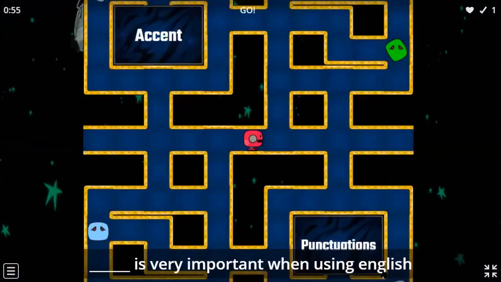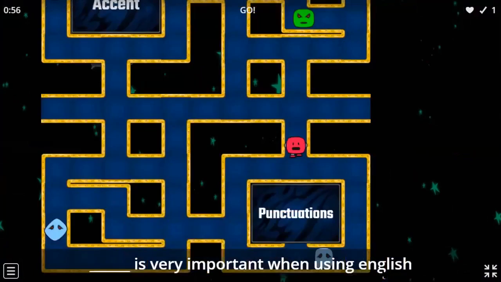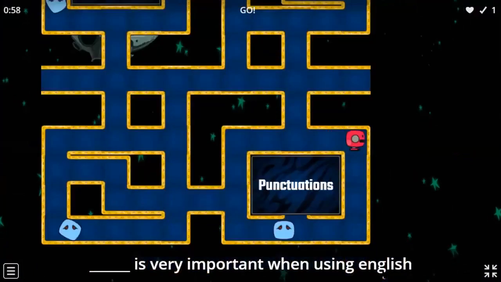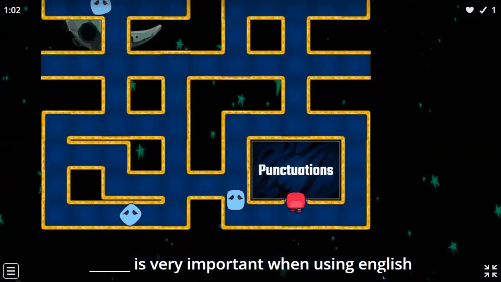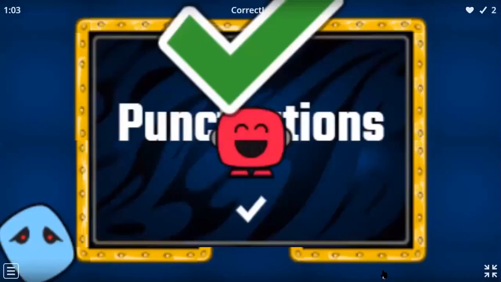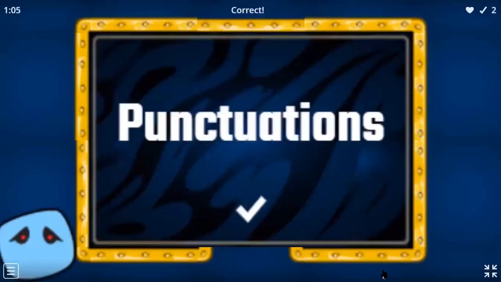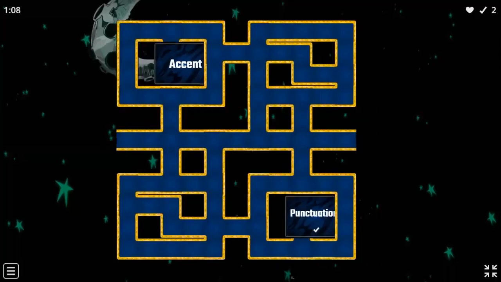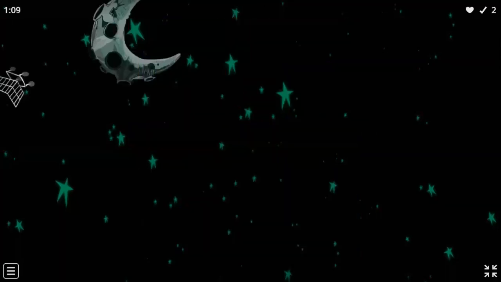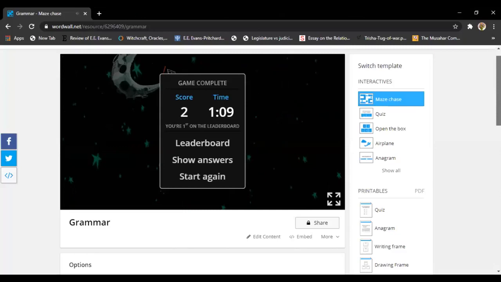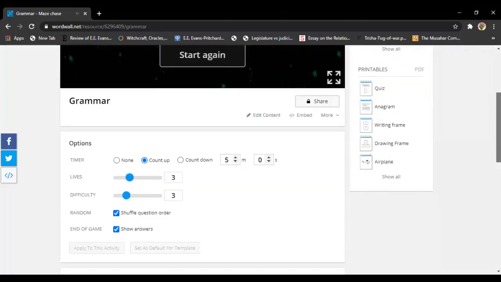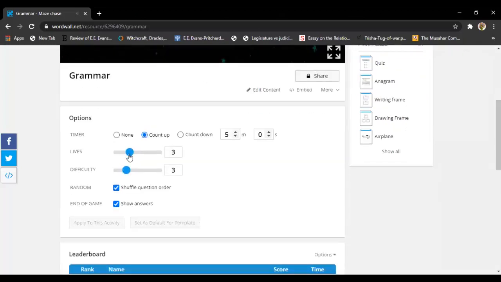So as the level questions increase, the difficulty level, or the ghosts, you see these ghosts, these are the difficulty levels that also increase. So if you give this to the students, they will thoroughly enjoy it because it is very interesting. I myself enjoy playing this game. So this is how it is done. Again below, now in this you can select what you want. You can select how many lives your student can have. So they can have 10 lives.